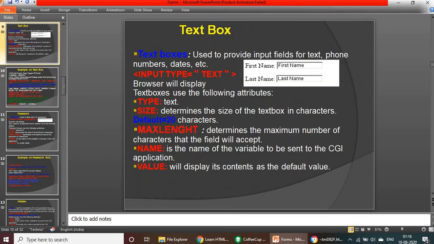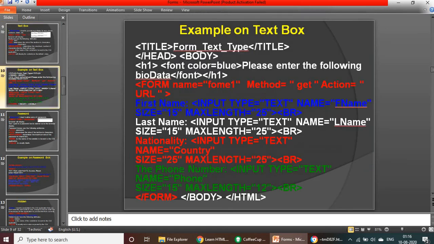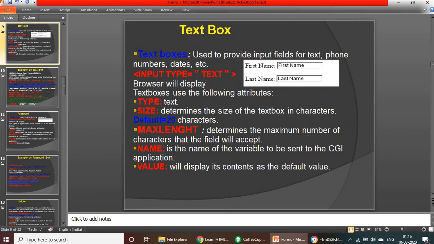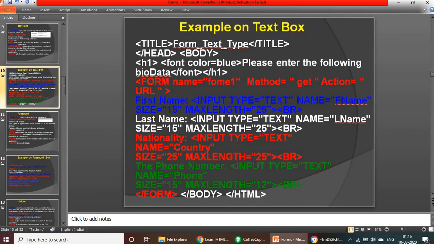If you want a maximum length for a particular text box, if you want to limit the characters, you can do that, as well as make changes for numeric values. If you want only numeric values to be updated, you can do that, and avoid other kinds of text. And type, size, you can have a lot of options.